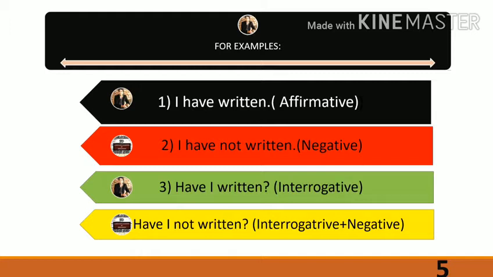Now students, let us clear this present perfect tense with the example that is based on affirmative, negative, interrogative plus negative. Firstly, I would like to talk on the first example, that is I have written. I have written the same example in different aspects, in a different way. So first we have I have written, that is affirmative. I have already told you that an affirmative sentence has different names. Some people call it an assertive sentence, some people call it a positive sentence, some people call it a declarative sentence, but depending upon how you are saying it, it doesn't matter.